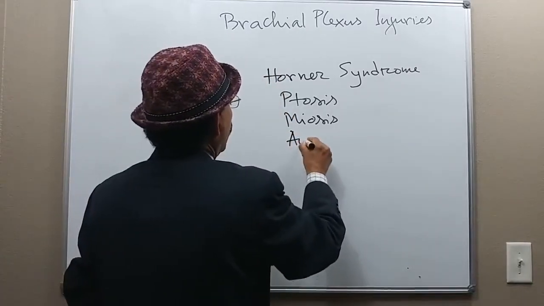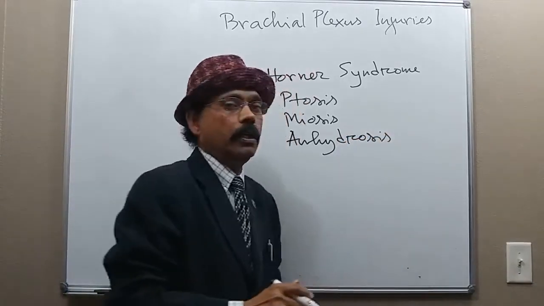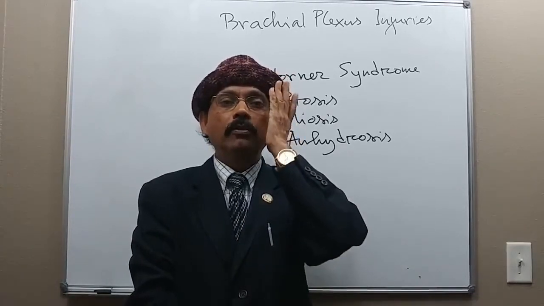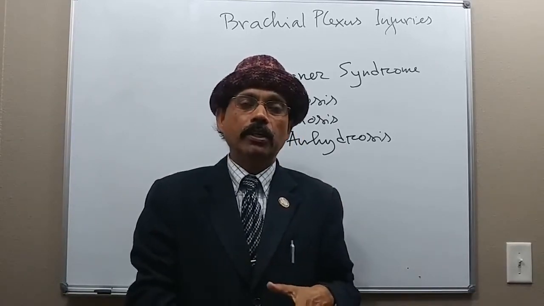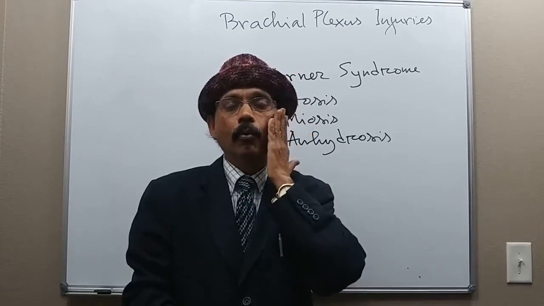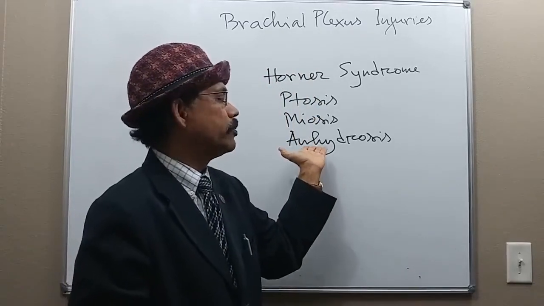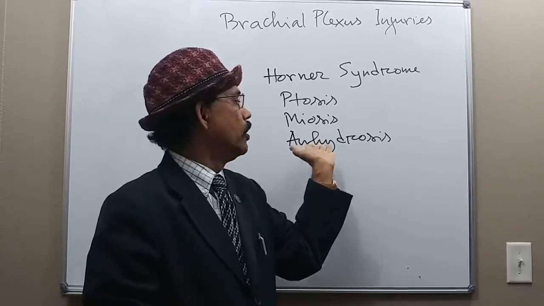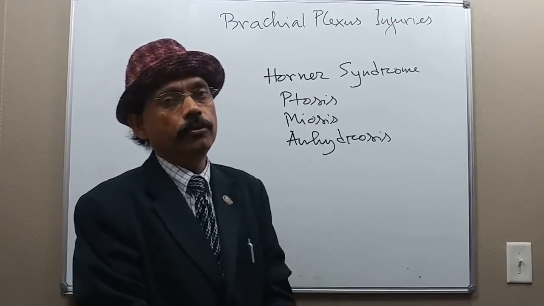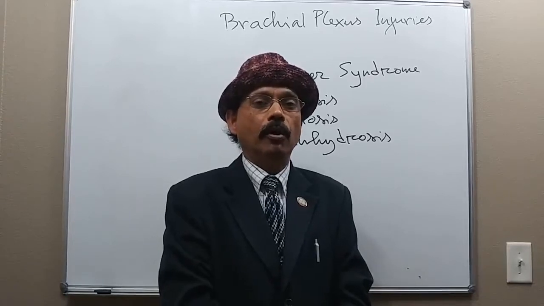We have also anhidrosis because our head and neck is getting sympathetic innervation to the sweat gland. So sweat gland will not be active. So there will be dryness here, flushing of the face, warmth feeling in the area. This is due to lack of sympathetic innervation. So there will be lack of sweating. We call it anhidrosis. So this may happen due to injury to the thoracic spinal nerve and disruption of the